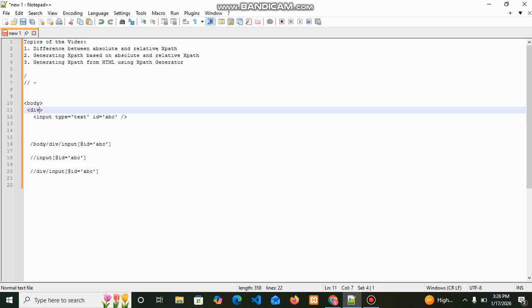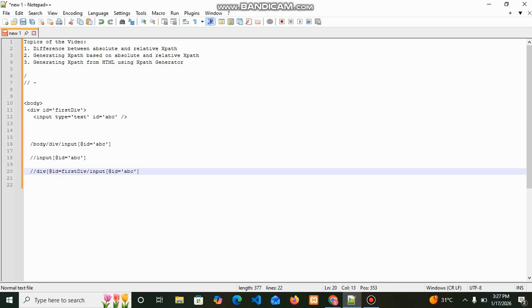If it has a unique ID, it will be easy to find further. So if the ID of the div is first div, we can find it easily with absolute XPath by specifying div @id equal to first div.